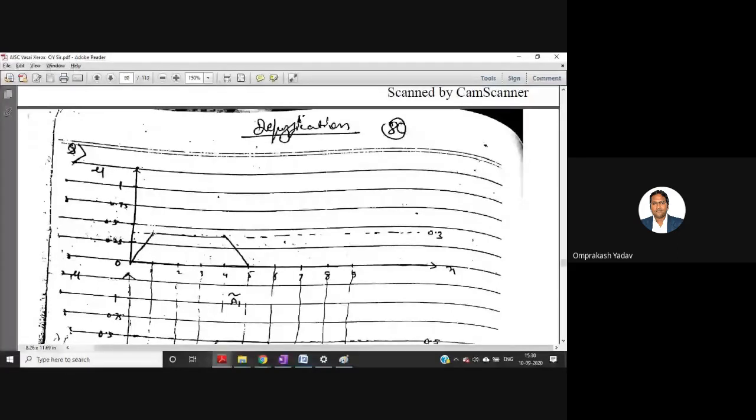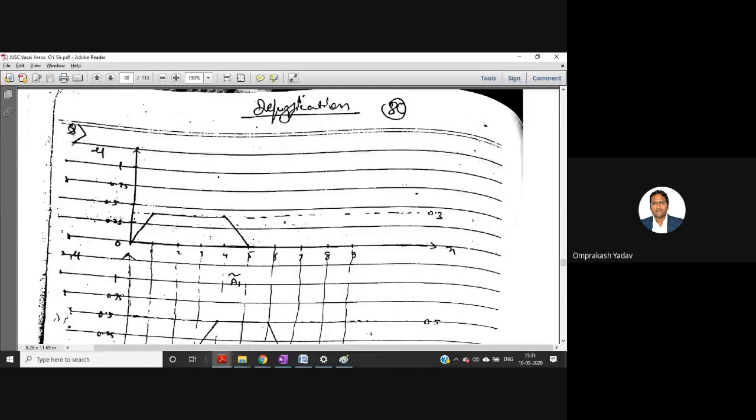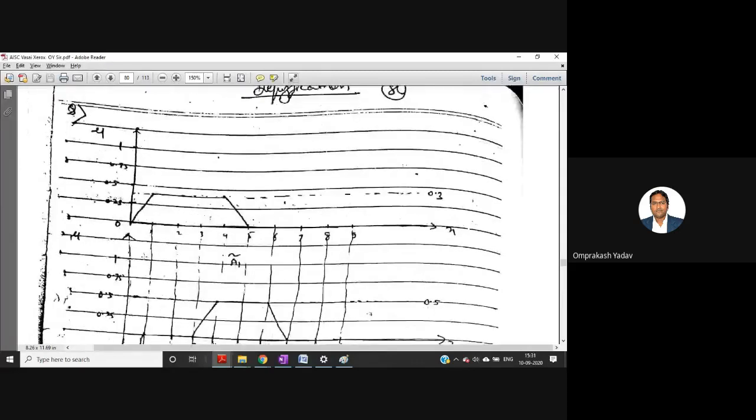If you see this particular figure, what will be the area? The area for the parallelogram is 1 by 2 into height, multiplied by the sum of the parallel lines. Which two lines are parallel? This one and this one. The length of this line is 1 unit, 2, 3, 4, 5, so 5. And for this one, it's from 1 to 4, so 1, 2, 3, that is 3. So 5 plus 3 is 8. And multiplied by the height.